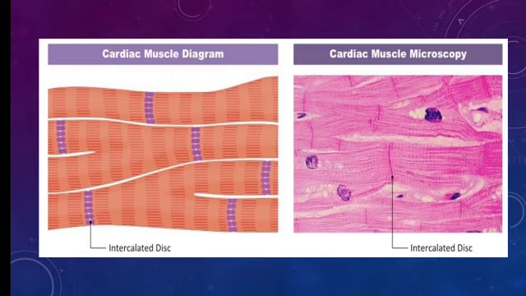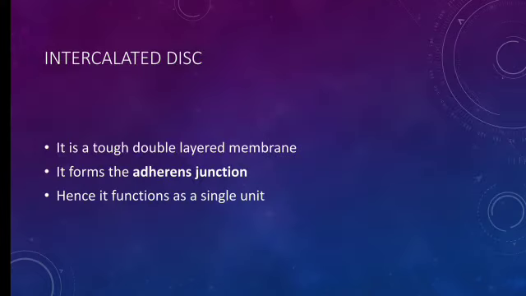And here the cardiac muscle has a peculiar character called the intercalated disc, first thing, and it has a nucleus. You can find the nucleus here. This is the histology picture of a cardiac muscle. The only structural difference between the skeletal muscle and the cardiac muscle is that the cardiac muscle is branched, whereas the skeletal muscle is unbranched.